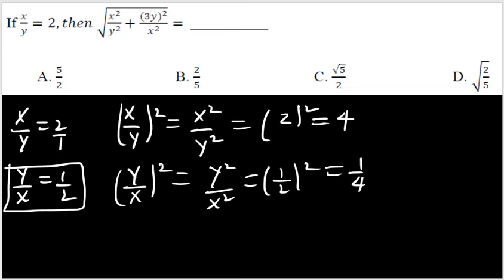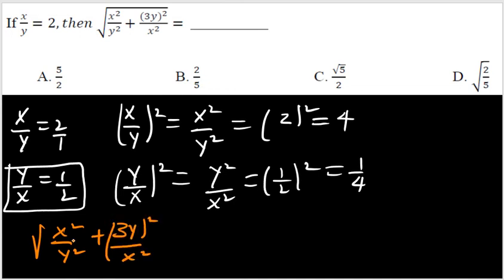I have this information, and then let's go to the radical. Inside the radical, what do I have? X square over y square plus 3y, the whole square, over x square. This is everything under the square root. This is the same as x square over y square. We got it already, 4. In place of this I can write 4. So 4 plus,